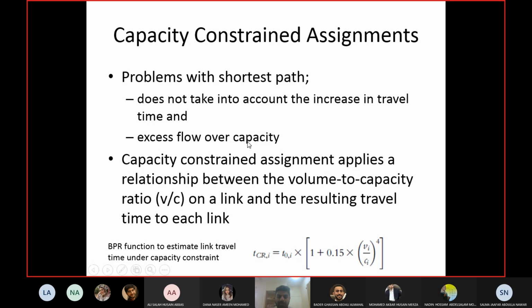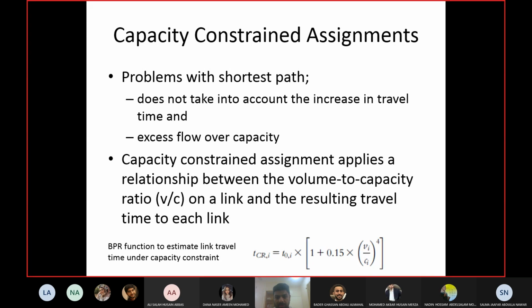Obviously, you calculated travel time, for example, in free flow conditions. In free flow conditions, there were no trips on the highway. Or you considered average conditions. In average conditions, let's say there were 100 trips on the highway, and then you added 250 trips to the highway. Obviously, when these 250 trips are added, the travel time of the link will change. Whatever travel time you are using initially will increase. You didn't take this into account.